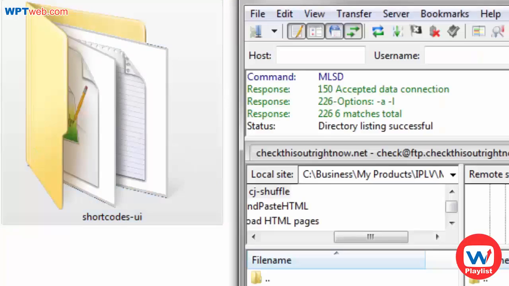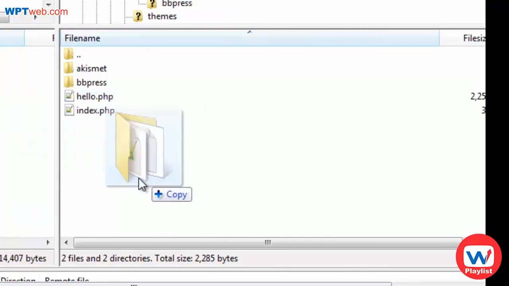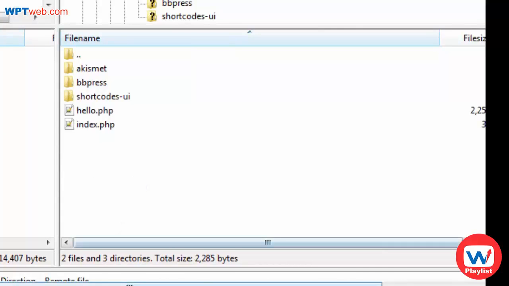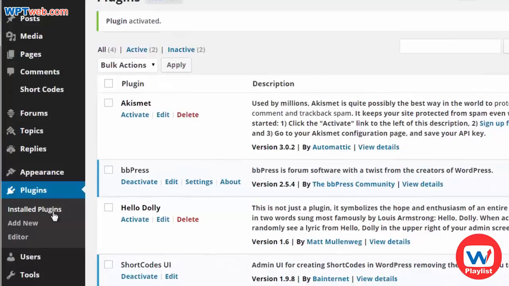You want to simply drag and drop it into the WP-content/plugins folder. We're going to drag and drop it here. We're going to upload the files. And then next, what we need to do is simply go back to the installed plugins page. So we click on here,